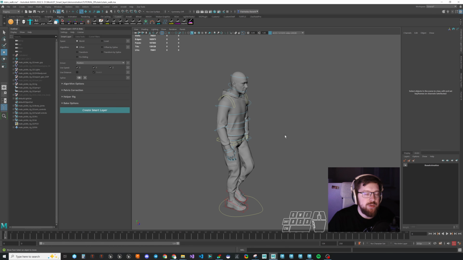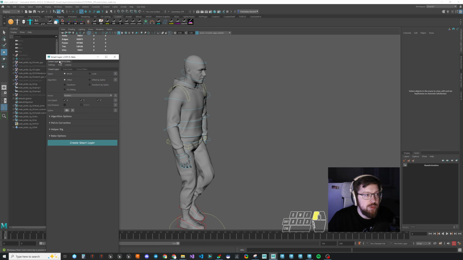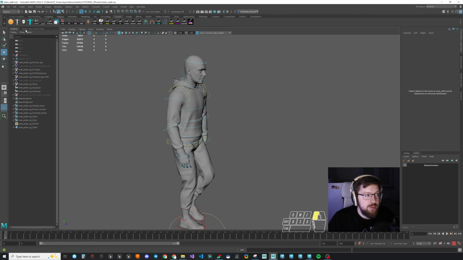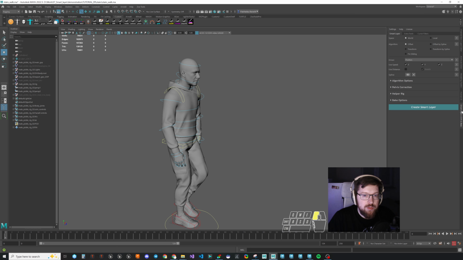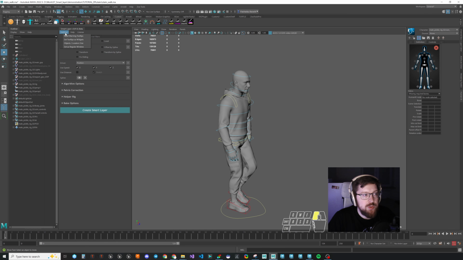So about the update, the script received a few improvements. Some of them are purely cosmetic. For example, right now the script is supported in the dockable widget mode, so you can attach it to any tab. Would it be, let's say, outliner, or maybe you want to put it in the attribute editor, or attach to any other position. So we can go to the settings and choose the script to be a regular window